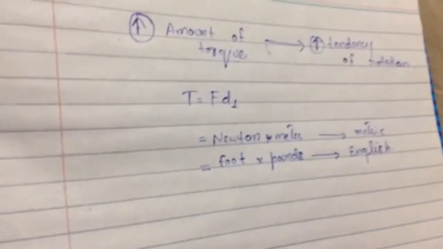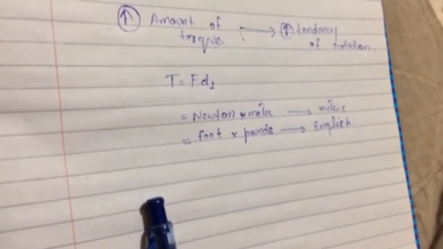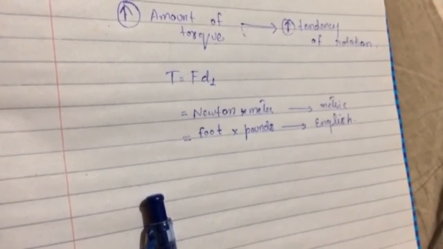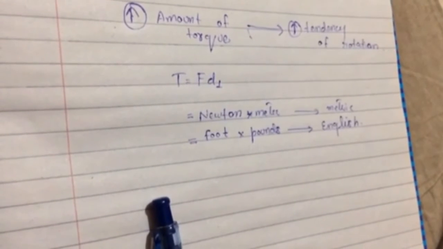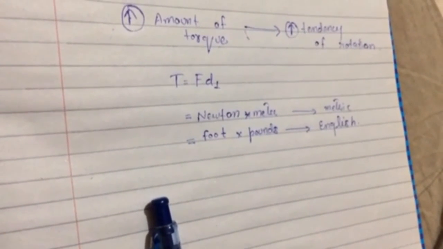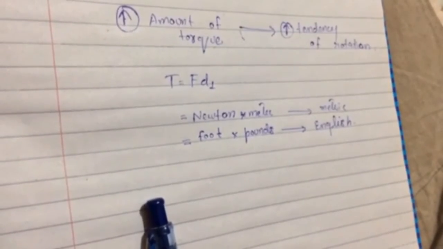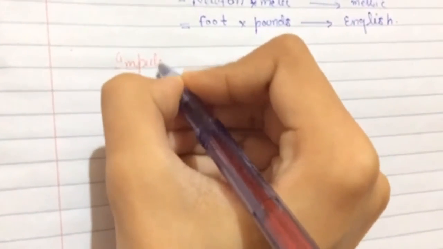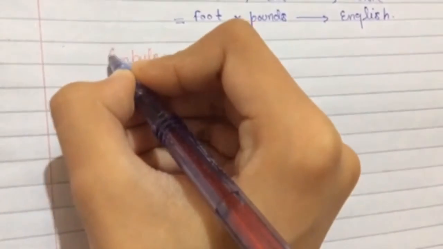So after that we have discussed impulse. So next is going to be impulse. First we have to write what impulse is. Simply, if we say impulse, when a force is applied to any body,